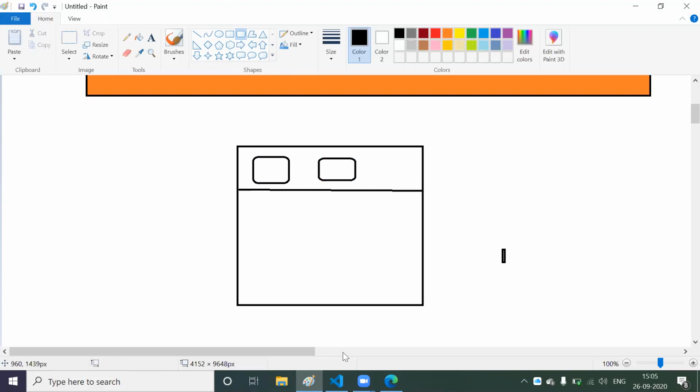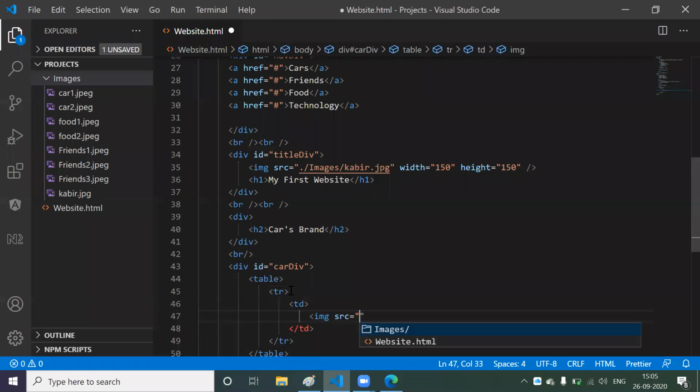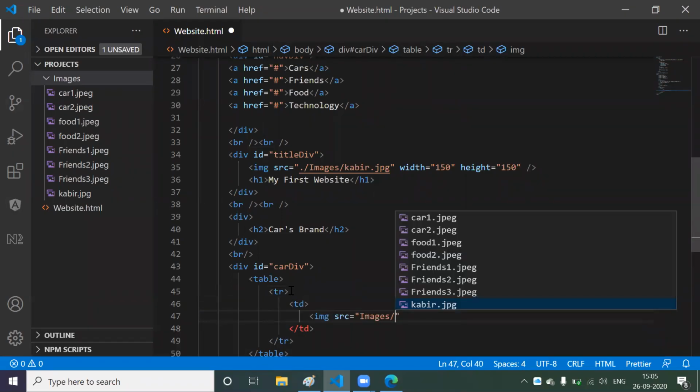So I took a table. In the table, I took a tr. Inside a tr, I will have the first td, which is going to represent your first cell. In this td, I'm going to take image src equals to, and I'm going to give the path of my file. So images, and it should be something like